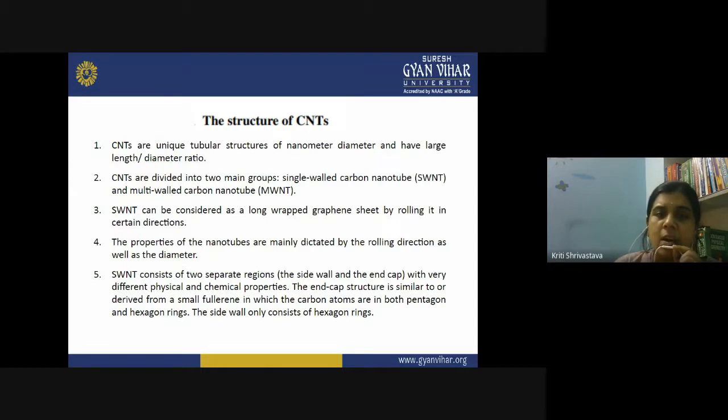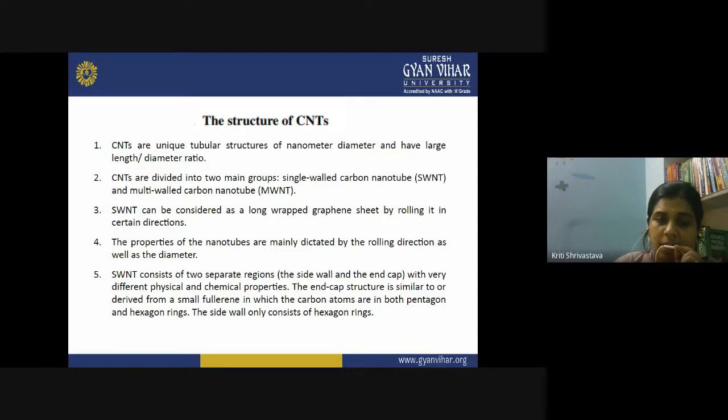Another category of carbon nanotube is the multi-walled carbon nanotube. It is like you have put so many single-walled nanotubes together, like a bunch of pipes. So you call it what? Multi-walled carbon nanotube. They have multiple walls, ready surface for any type of electrochemical sensing. We can use both types of nanotube for electrochemical sensing applications.